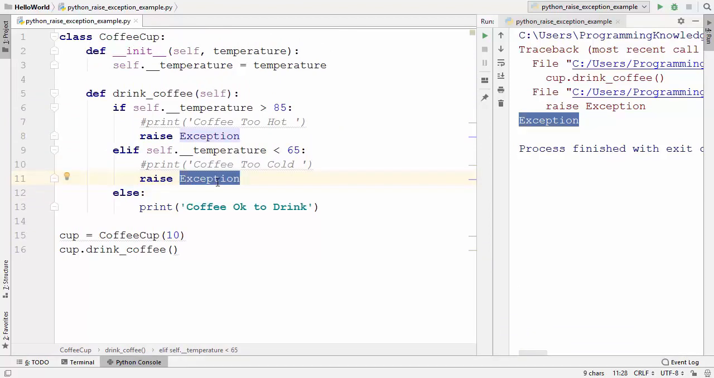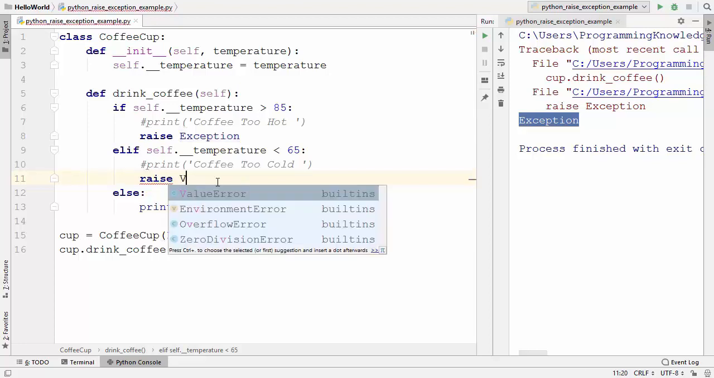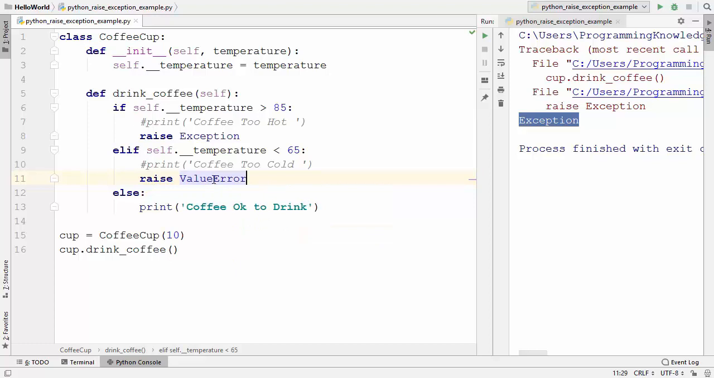Here instead of exception, I can also use, for example, an exception called ValueError, which is also a subclass of this exception class. And now when I run the code, it will show me the ValueError. So this is one way of throwing an exception